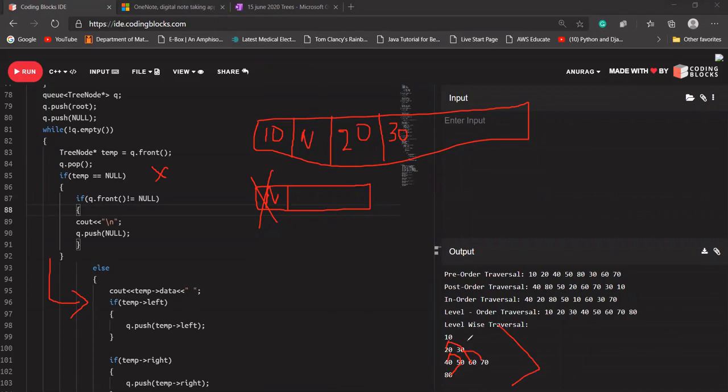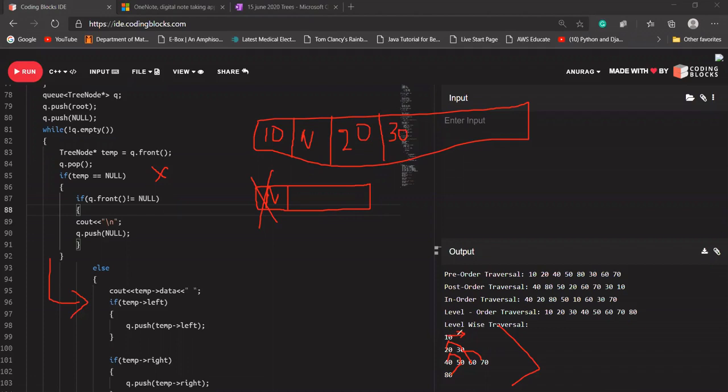So what I'm doing here, first I'm going to print my 10 in this direction. Now I'm going to print my 30 and 20 here. Then I'm going to print 40, 50, 60, 70. Then I'm going to print 80. So I'm printing my tree in level order spiral form. It's a very famous question.